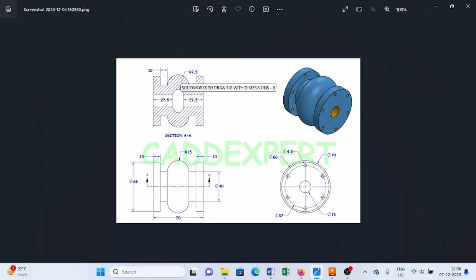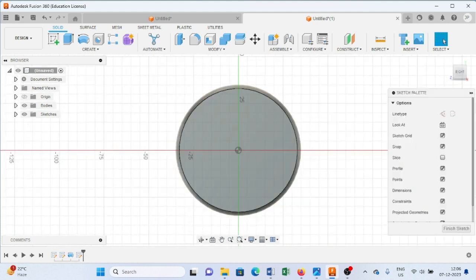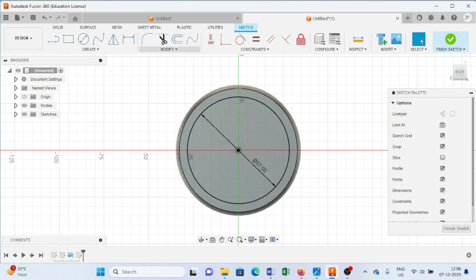Then we will draw these holes. So for that, here I am selecting this plane. Go to create a sketch. Draw a circle of 57 mm. Press enter. After this, I will draw a line